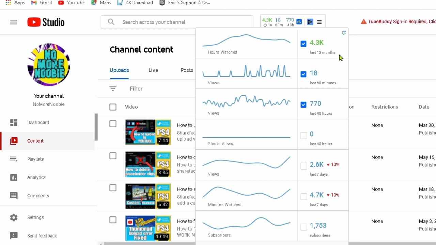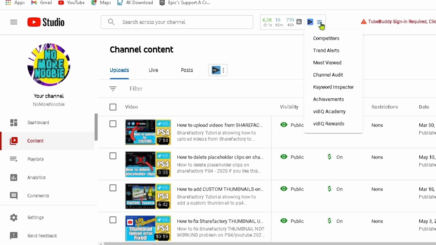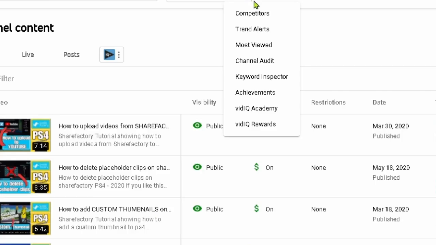You've also got down the left-hand side a list of different things as well, which pretty much match this list on the drop-down list here, which is about most viewed, channel audits and keyword inspector and all that sort of thing. But one thing that is a small thing on the channel but I found really useful is this achievements